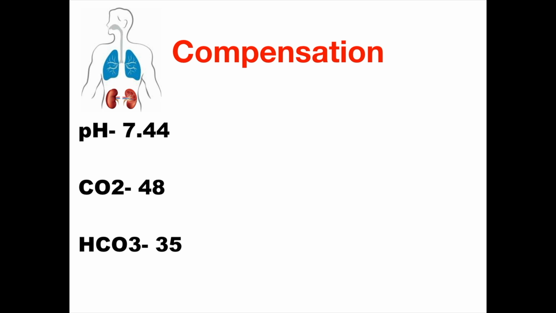The pH is 7.44, CO2 is 48 and bicarbonate is 35. A pH of 7.44 is normal. But technically, the body is on the alkalotic side. So I'll just put here alkalosis, normal alkalosis. Now looking at the CO2, it is 48. This could cause acidosis. However, we have an alkalosis problem here, so this is not what's causing the problem. Looking at our bicarbonate, it is 35. So that's a lot of bicarb, and we have an alkalosis problem here. So we know that this is what's causing the alkalosis. So let's put here metabolic alkalosis.